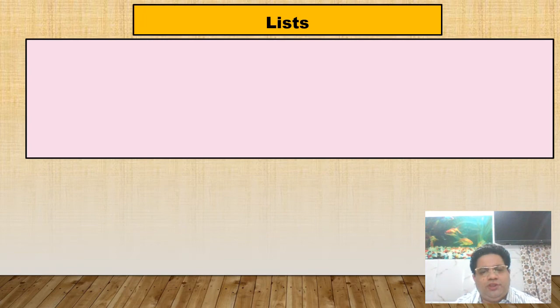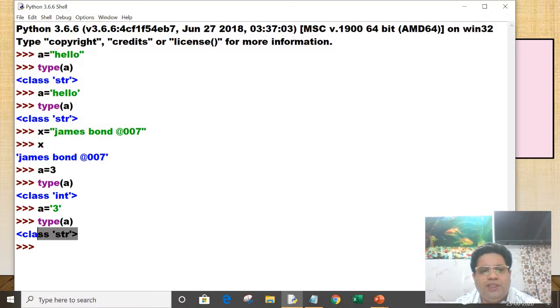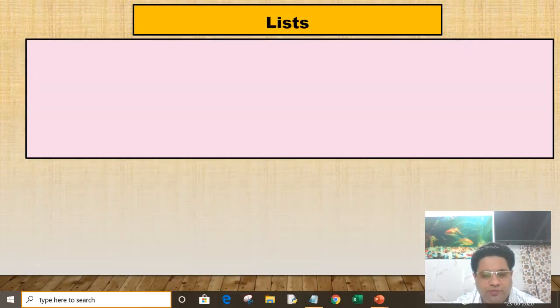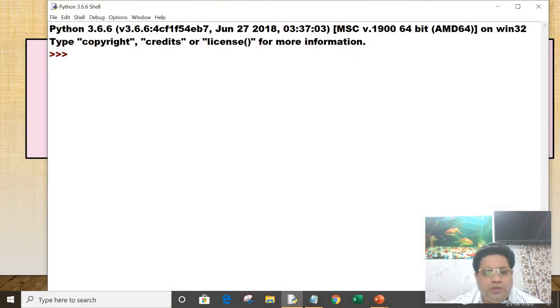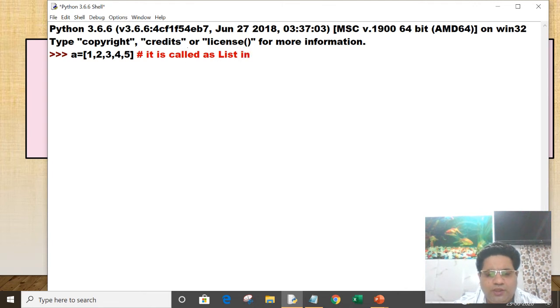Now what is a list? A very simple example of a list is, suppose you write some values within square brackets separated by commas, it is called a list in Python.